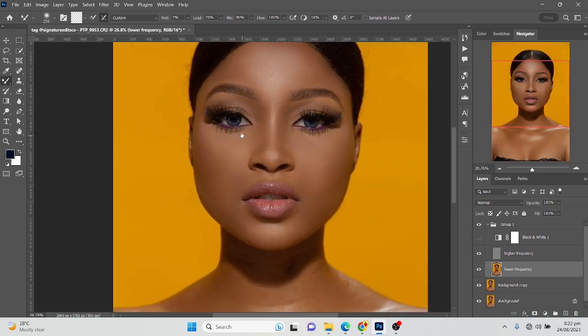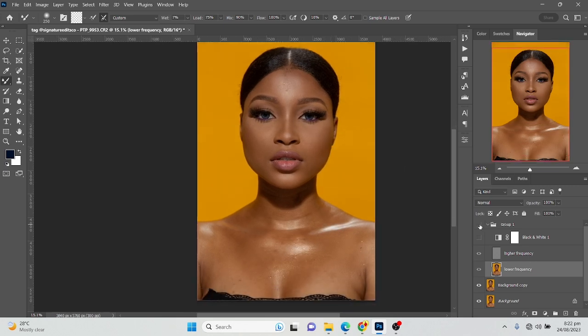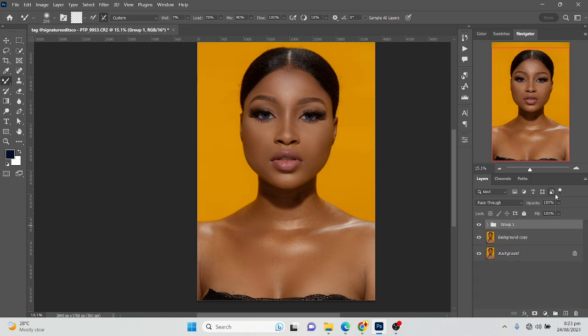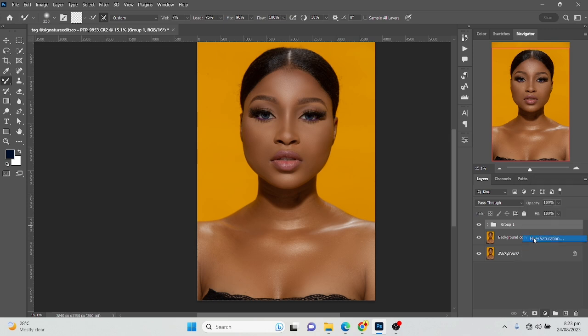So this is how the photo looks right now. If I click on the group icon: before, after, before, after, before, and after. Yes, we've certainly lost some details in the highlights and the shadows, but way to go. So up next, I'll collapse my group and I'll go to the right corner here and choose hue saturation,